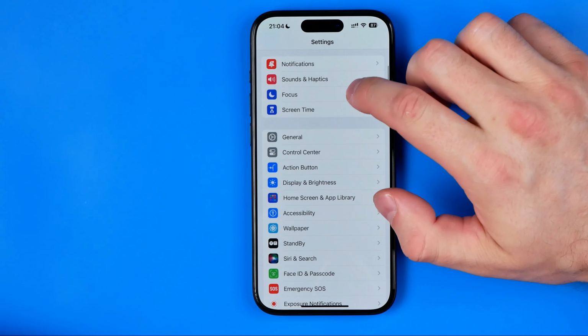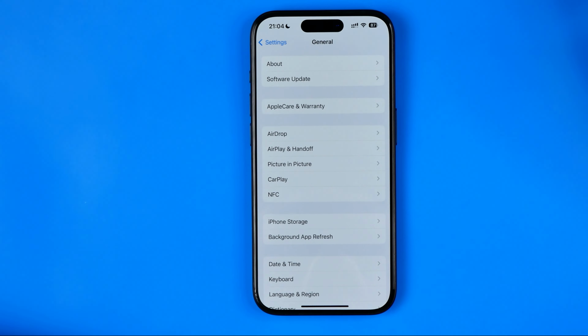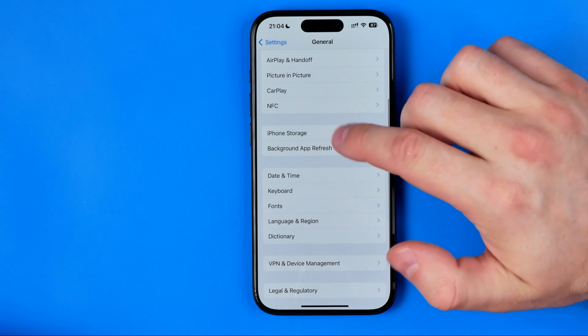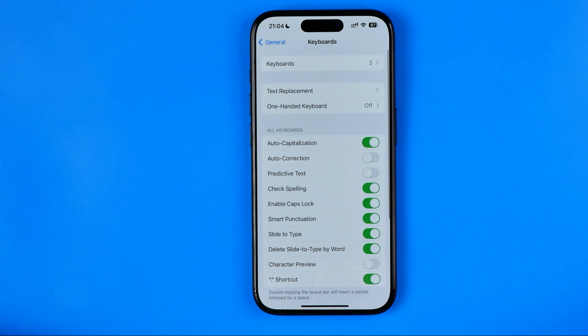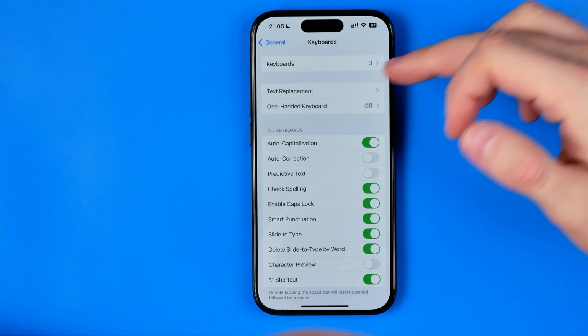After that, scroll down a bit and tap at General. And that's where we can easily find the keyboard. Once we get into it, that's where we can easily find all our keyboard features that can be changed. And from here, we can easily turn them on or off and also configure some options, such as, for instance,